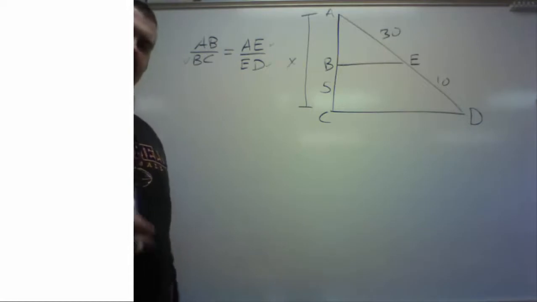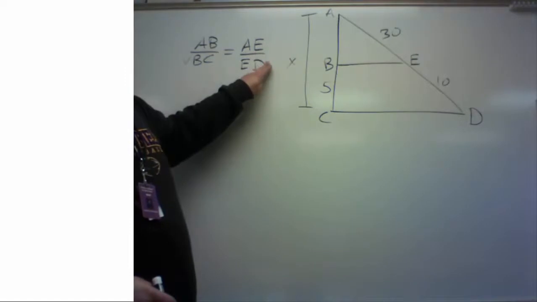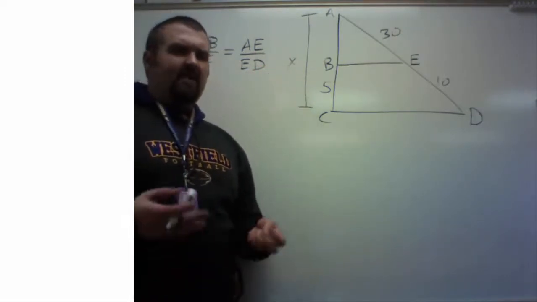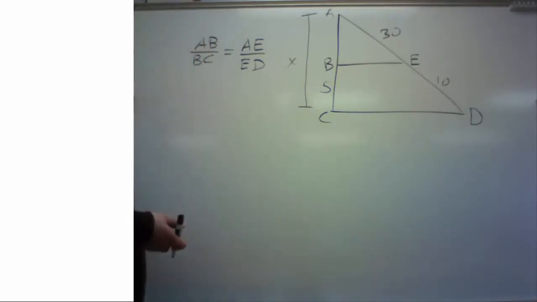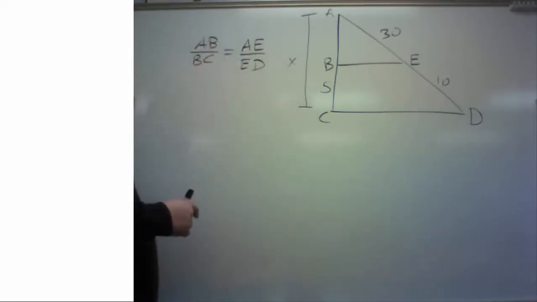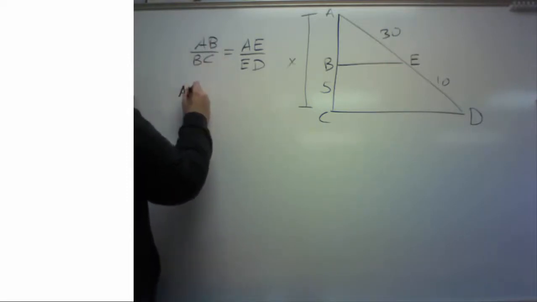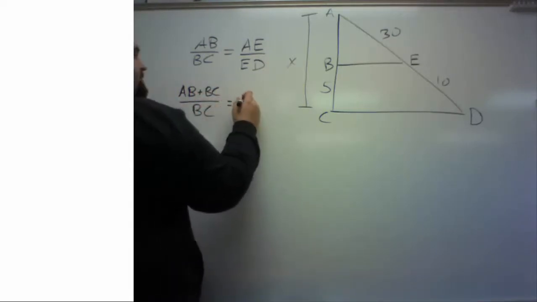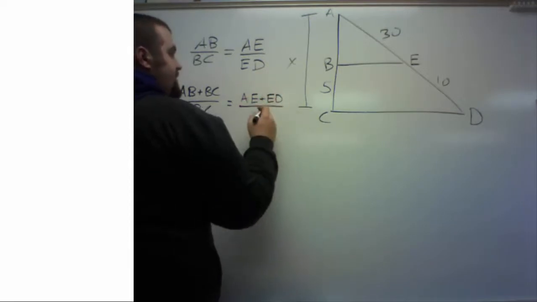But what if my goal was to find the length of segment AC? Well, that's actually the variable x. I don't want to use the variable y or z in this case. I just want to use x. What's a way that I could actually use the variable x here? Well, what if I took the denominator and added it to the numerator? The length of segment AB plus the length of segment BC to the length of segment BC equals the length of segment AE plus the length of segment ED to the